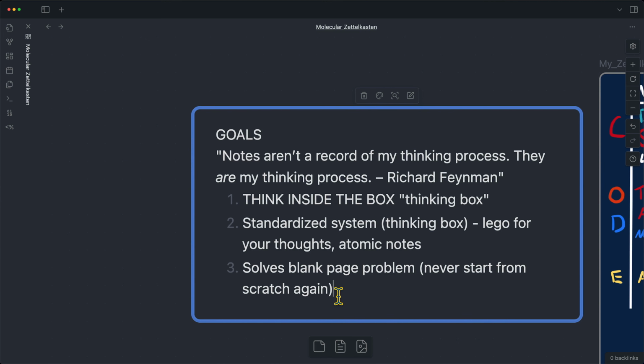And you can use the same pieces in a Lego kit to build a castle or a house or a boat. You can build whatever it is you want and you can reuse the pieces. So rather than starting from scratch inside of your thinking box, you can go back and reuse your atoms and your molecules, your literature notes and your permanent notes, so that you can piece together the ideas in new ways, and that will help you derive new insights and come up with new things to publish.